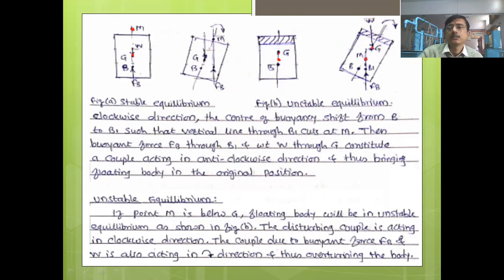In that case, this object will not tilt. It will not tilt there. What will happen to the object? It will slide like this. In the position it is, it will slide forward. Okay, if we apply a force on it, it will not tilt, it will slip or slide. That condition is called the neutral equilibrium. Okay, so these are the conditions of equilibrium in case of a floating body. Now we'll repeat it once again. For the stable equilibrium, what are the positions, the relative position of M and Z?